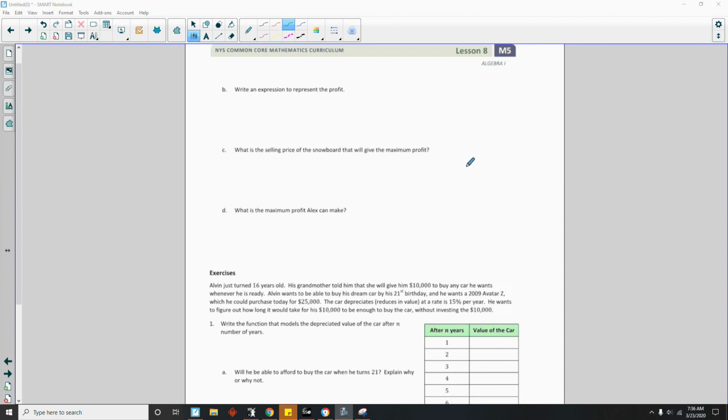Okay, so we're going to continue exercise 2. We're on part B. This is page 2. B says write an expression to represent the profit. Well, just keep in mind, profit is going to be your total revenue minus your total cost. So in knowing that, if I go back to the prior page, my profit is going to equal, let me write equals,